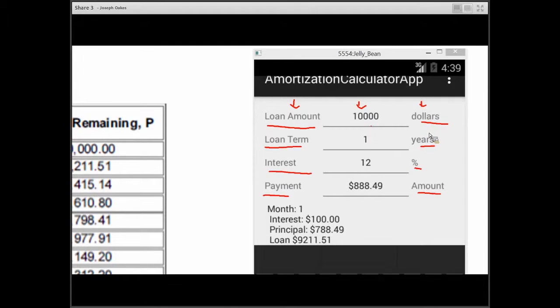So here's my running example. I put in $10,000, 12 months, which is 1 year, at 12% interest, and the payment then per month would be $888.49. So the first month, and this is the area where the schedule is going to print out for the first month. Here's the breakdown of the amount of interest that the bank would collect, and the principal, which would be the amount that is being applied to the total loaned amount right there. So that gives us then a loan balance